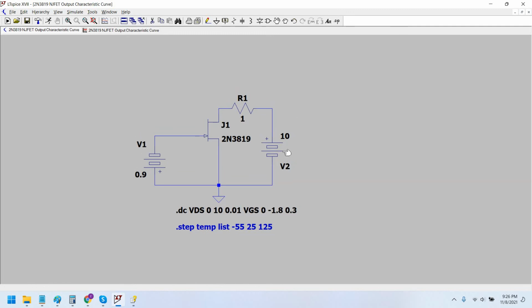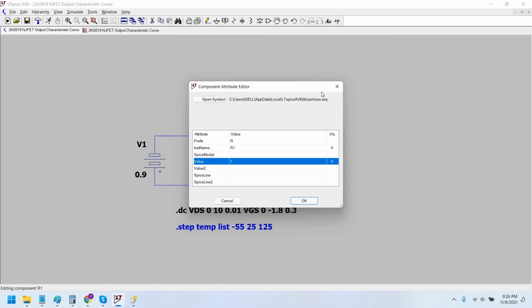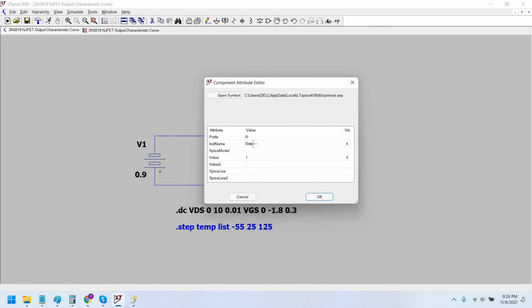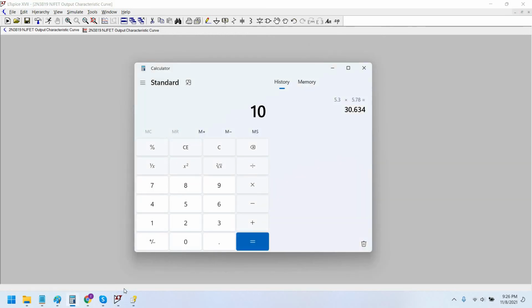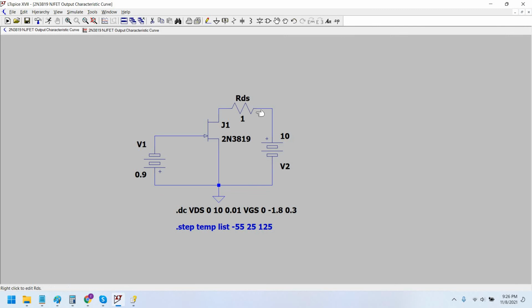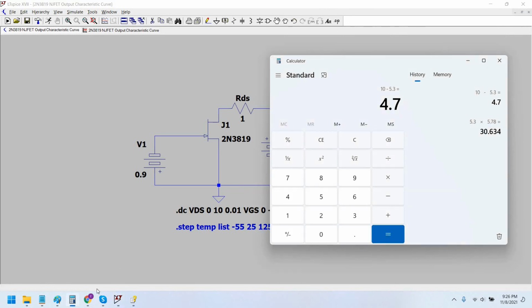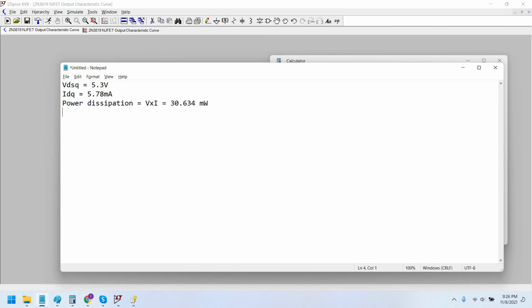Now if this is 10 volt and VDS is 5.3 volt, therefore the voltage drop across the RDS resistor would be 10 minus 5.3, that is 4.7 volt. 4.7 volt would drop across this RDS resistor, and the quiescent current we have selected is 5.78 milliampere. Therefore, by using Ohm's law, we find